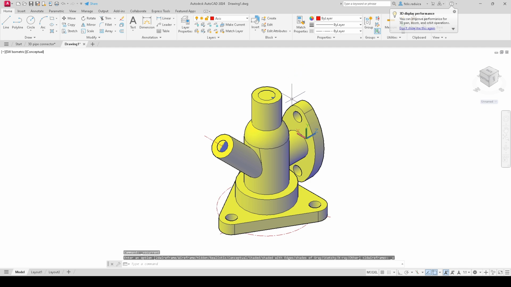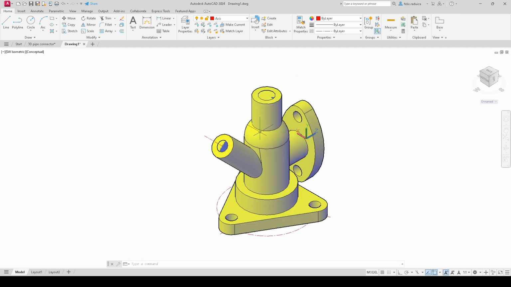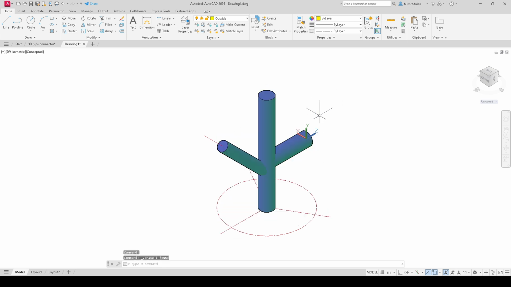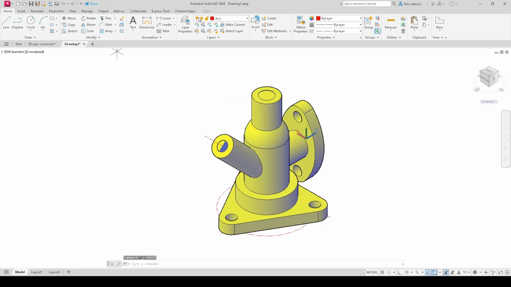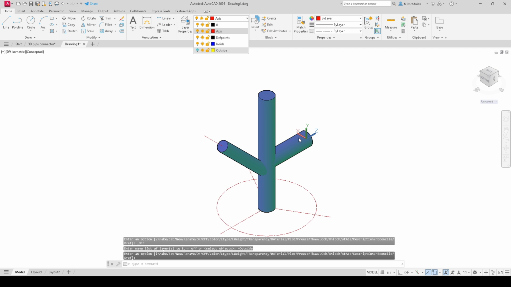and if we go into conceptual view, not much has happened other than the fact that this is now one body, and if we click on it and delete it, we should only see the inside geometry. So we have three other cylinders that we can join together, we can union. So Control Z, and now I'll go and change the visibility to off for the outside,